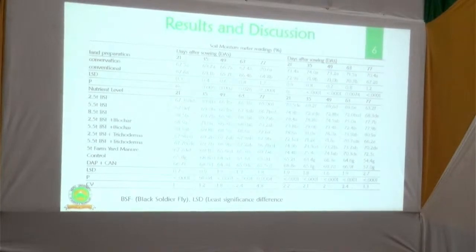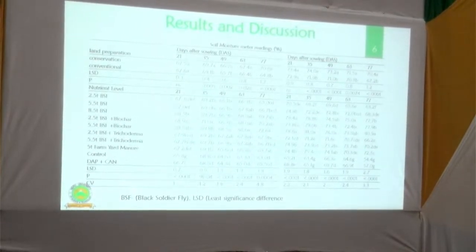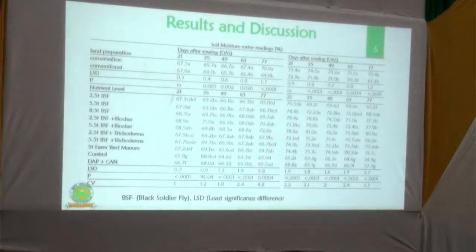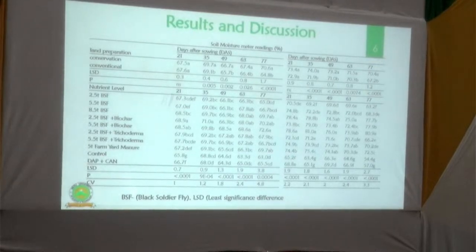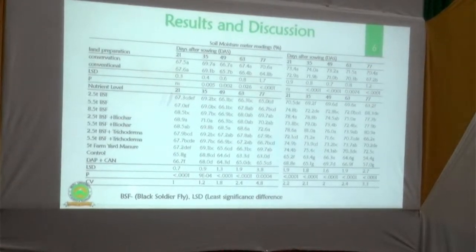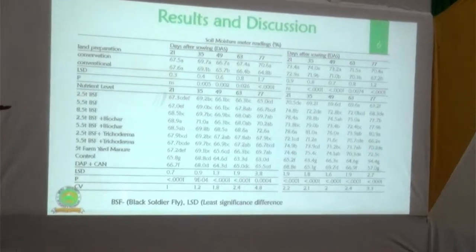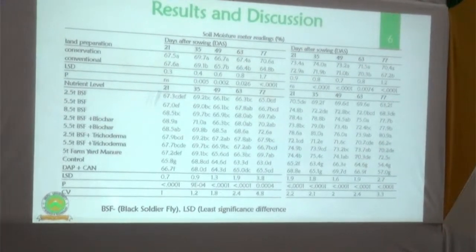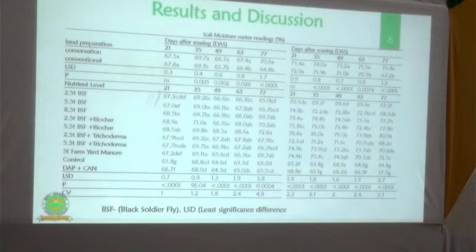One of my findings is that these were my treatments. I had 2 land preparation methods, the conservational and conventional land preparation methods. I had about 10 treatments with different rates of application per hectare. I had 2.5 tons frass fertilizer, 5.5 tons, and 8.5 tons to compare their effects on the production of maize,